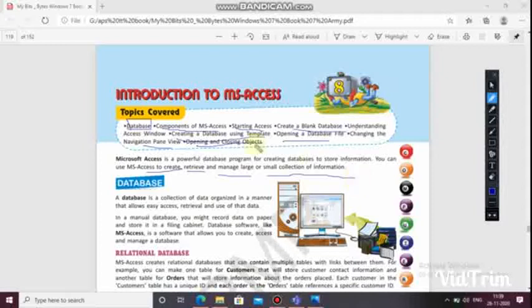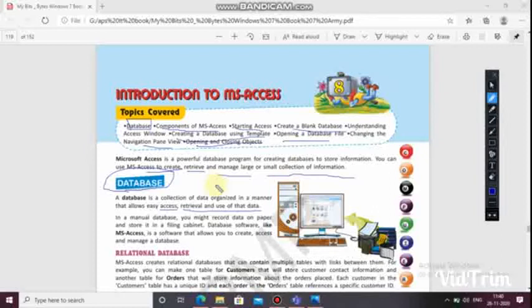Okay, now if we are talking about a database, a database is a collection of data organized in a manner that allows easy access, retrieval and use of that data. Okay, so what is data? Data are the facts and figures which are in unorganized form and we get from somewhere.